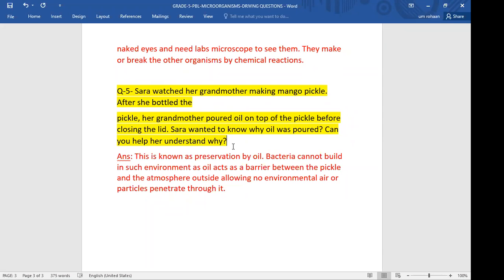Yes, that's true. Oil keeps the surface of any preserved thing, preserved pickle or whatever jams usually, and it doesn't allow the bacteria to enter the body of the food, or even the milk. In milk, it's not oil, but there is a process. Because of that process and because of the packaging of the milk bag, the bacteria doesn't come in. So that is not pickling, that is called preservation.